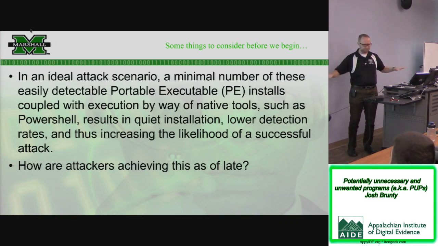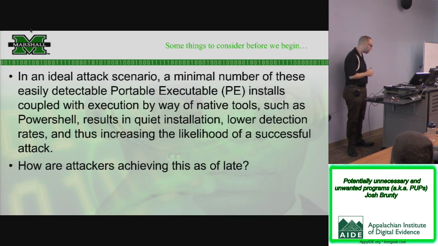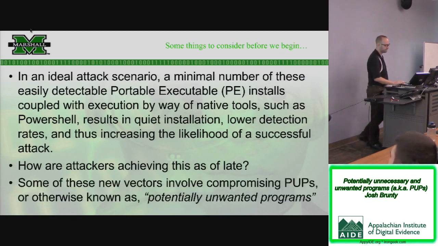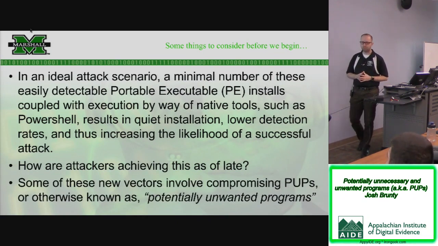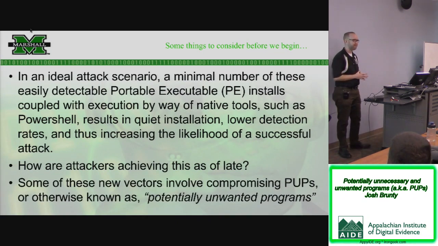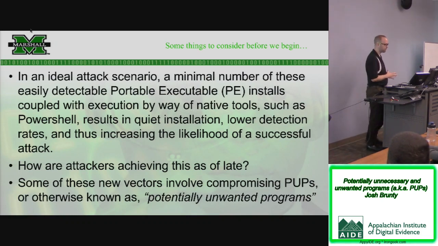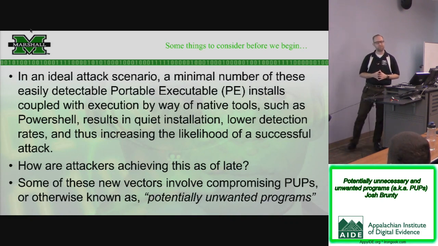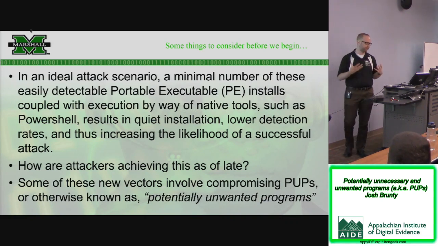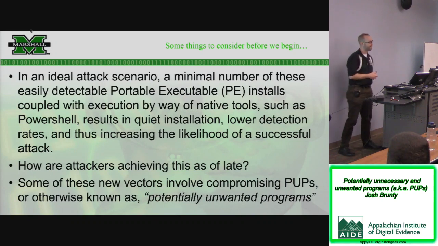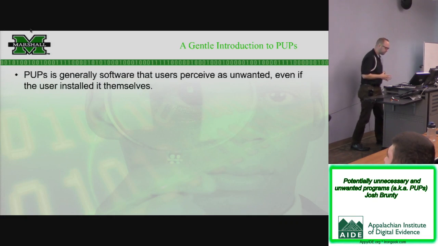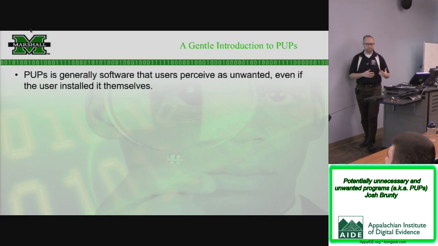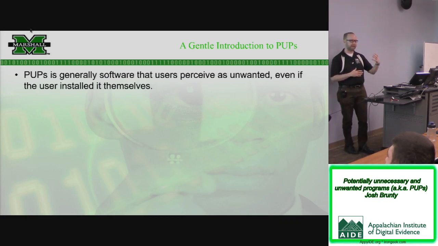How are they doing this? So this kind of is spending all that time defining all this stuff. How are they achieving this? And there's some really interesting things. One of the things I see pop up more and more and more are these potentially unwanted programs. We think that we got rid of these years ago, and we haven't even come close to this. If you start looking at the numbers and start looking at exactly how these things are firing away, we're not done with them yet. So a PUP, if I were to define it, it's basically something that the user perceives